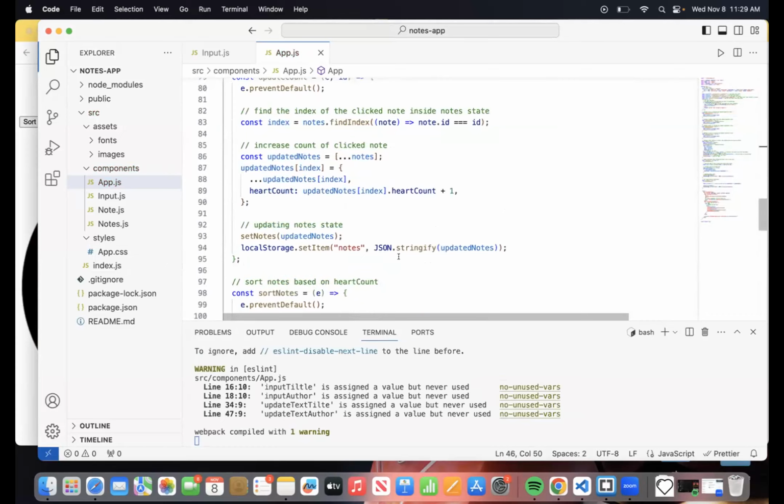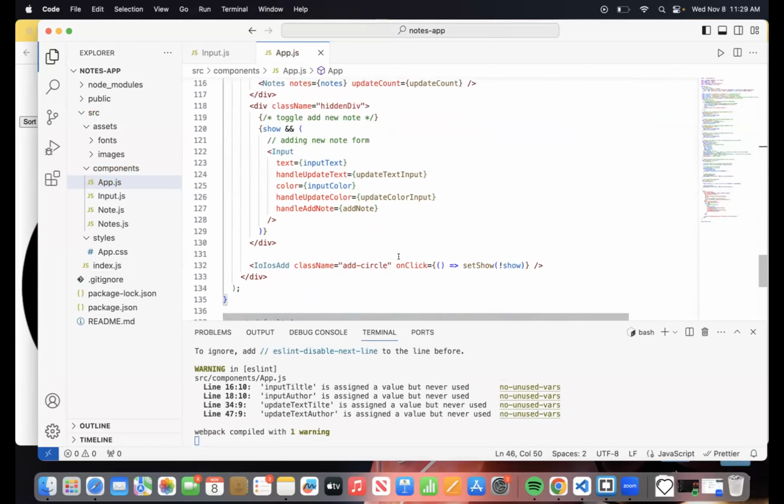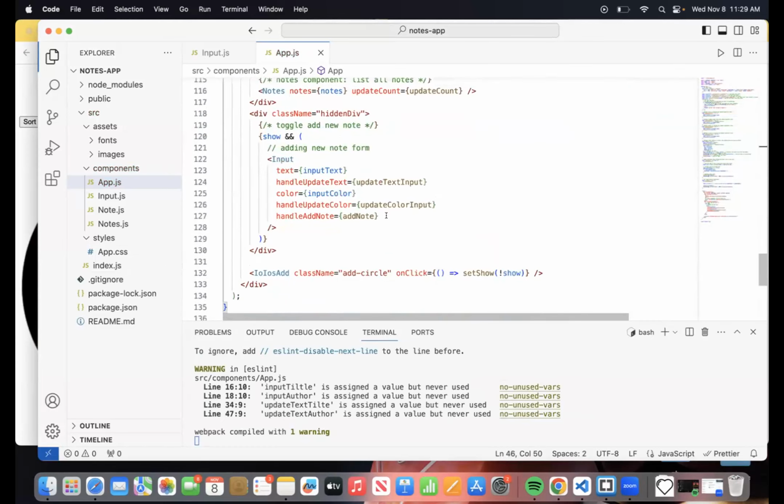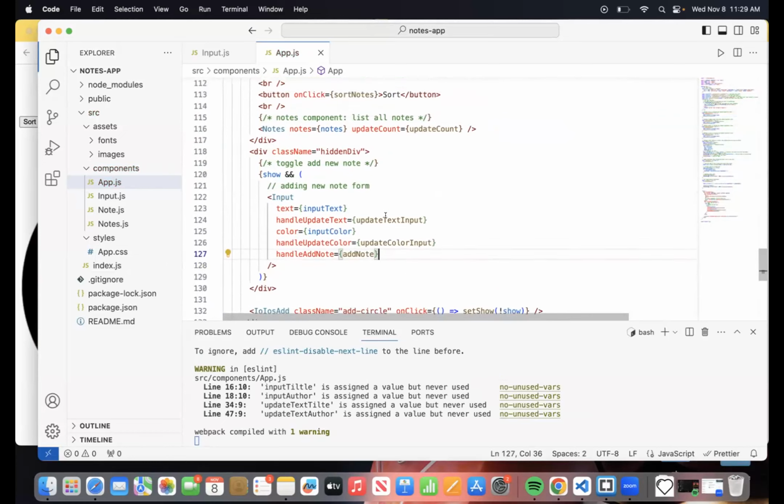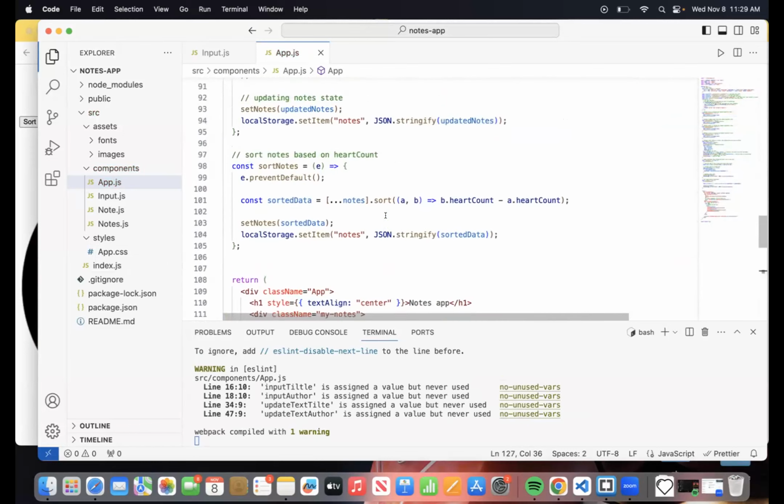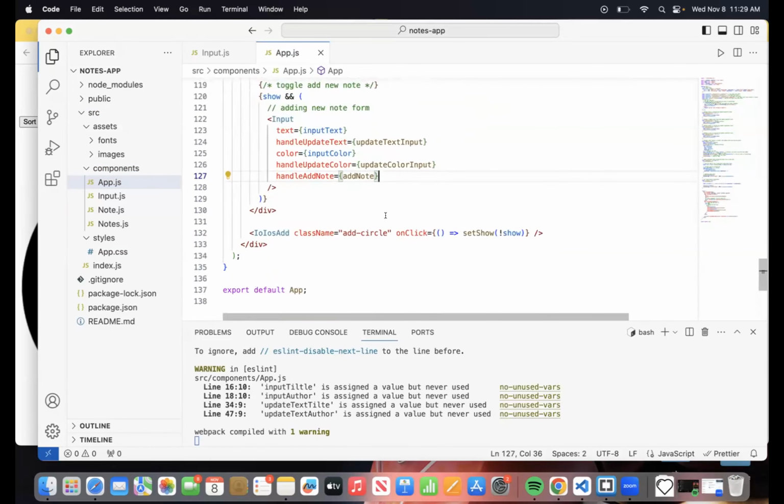Okay. I think we're good. No, we are not. So for this, we have to add the things that we created right now inside the input, just to add our event listeners.